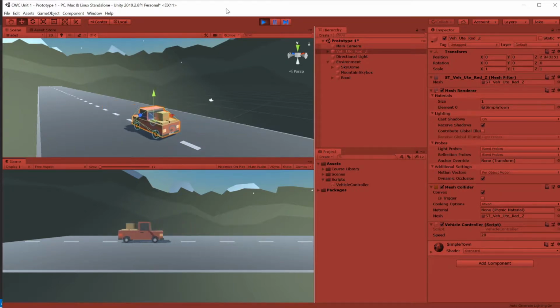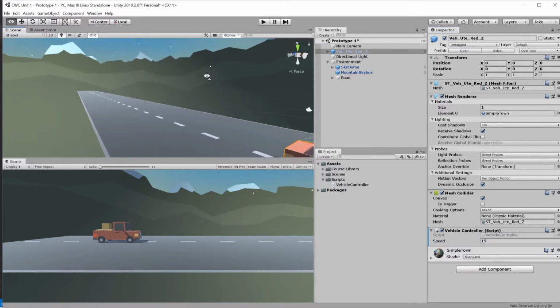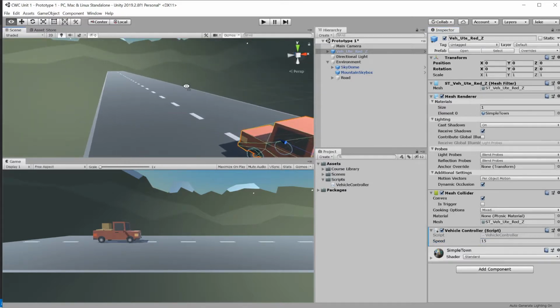There we go. That's more reasonable. And in fact, 20 might be a little too fast. Let's make that 15. All right. So now we have a car that moves forward and backward. We want this to be a little bit more like a game, so let's give it some stuff it needs